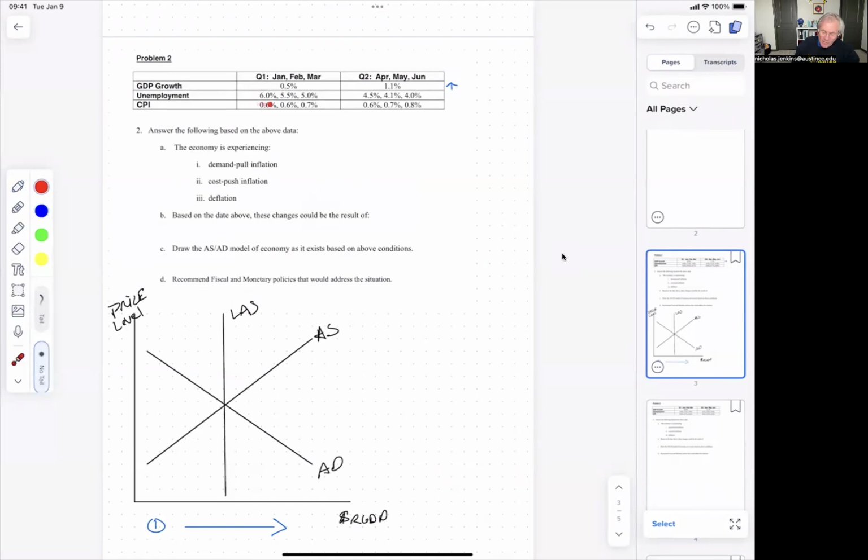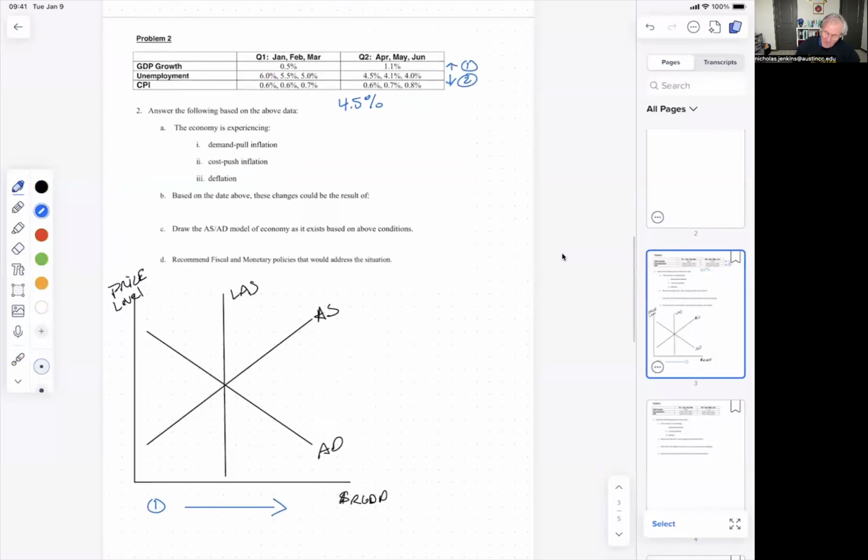With unemployment, we're going to do the same thing. We're starting at 6%. And remember that our natural unemployment rate is 4.5%. You can use that number for the exam if you want to remember it. I think I'd give it to you in most cases, but just in case, you can just assume that it's 4.5. We're starting at 6%, and then we're going to 4%, which is below the natural unemployment rate. So we are decreasing unemployment,